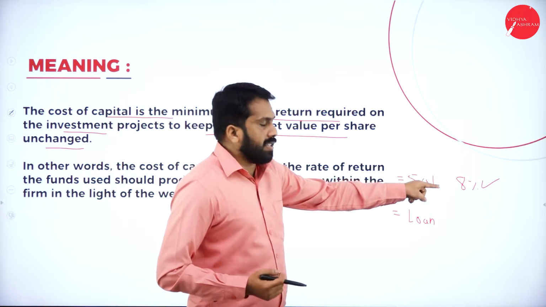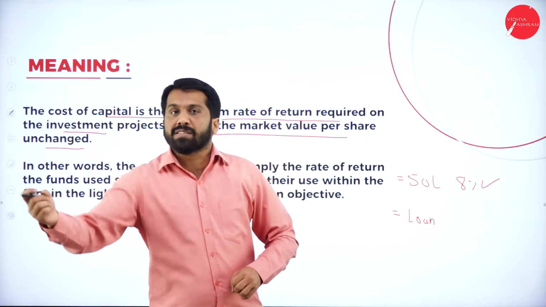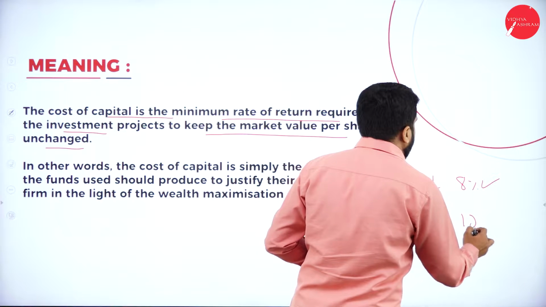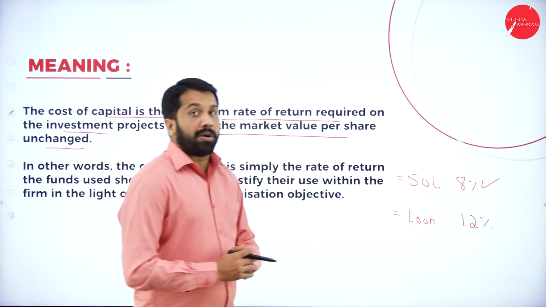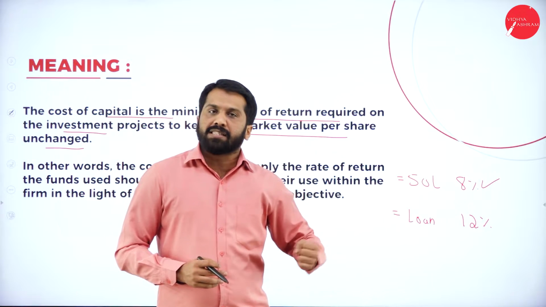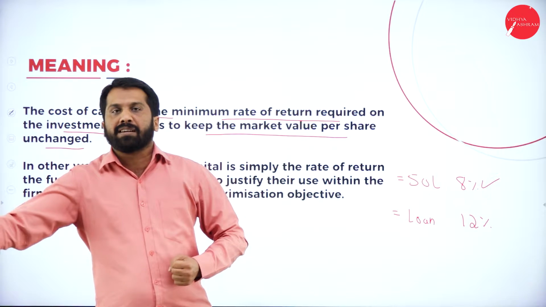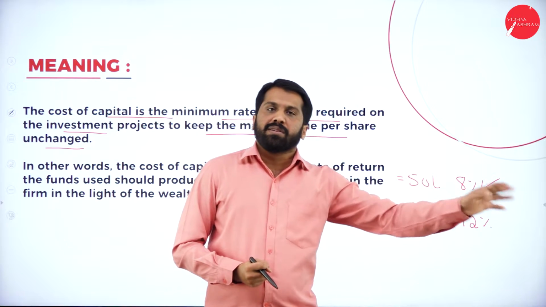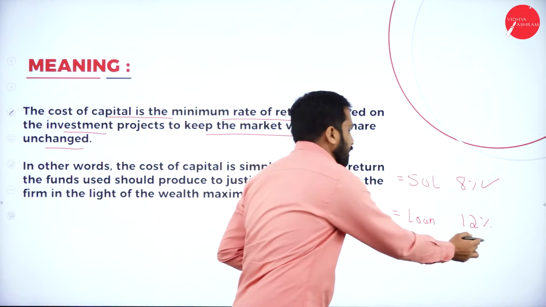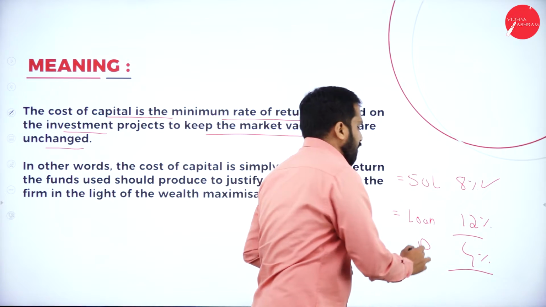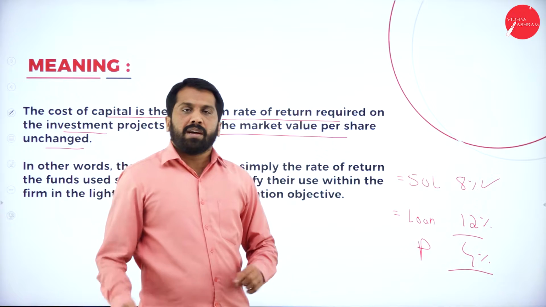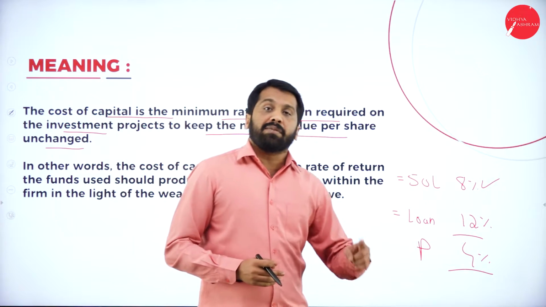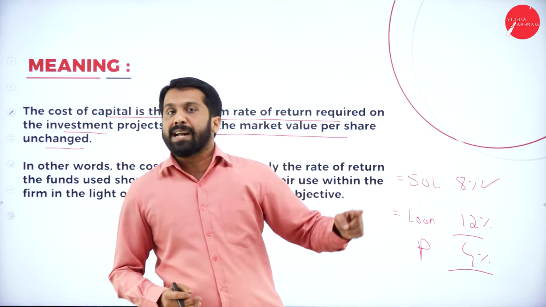Whatever percentage I'm giving, 8%, how much percentage will I collect? It must be more than 8. It can be 12%. I collected 50 lakhs from somebody and gave 50 lakh to somebody. I'll collect 12%. Out of 12, 8% I'll give to this fellow. The balance 4% is my profit. Clear? Any doubt? So I am collecting 12% from the person who has taken the loan, and I am giving 8% to the person who has deposited.